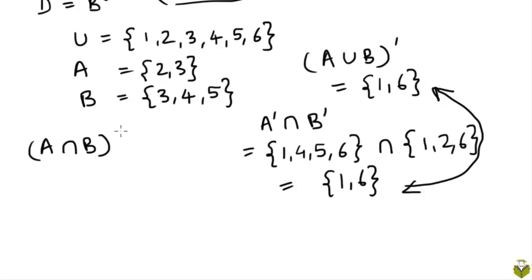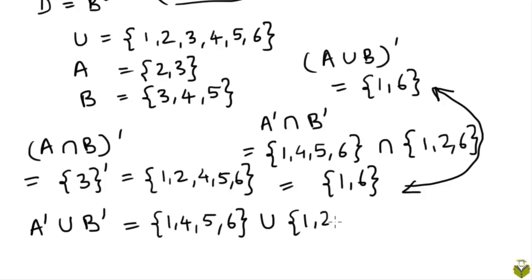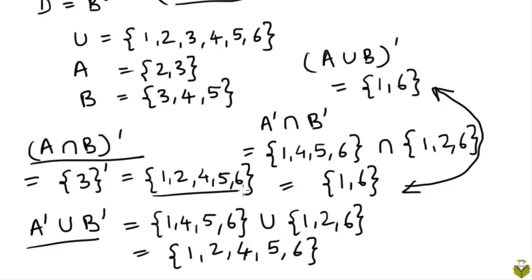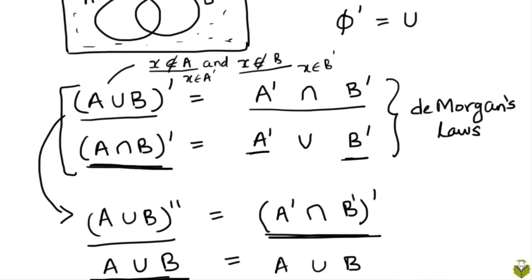Likewise, we could take A intersection B complement. A intersection B is just the singleton set 3, and if we take the complement of that, it would be everything other than 3. 1, 2, 4, 5 and 6. A complement union B complement would be, we calculated A complement here as 1, 4, 5 and 6. Union B complement was 1, 2 and 6. So if we take the union of these two sets, we get 1, 2, 4, 5 and 6. So you can see that this set is equal to this set. So this was just an illustrative example to show that De Morgan's laws